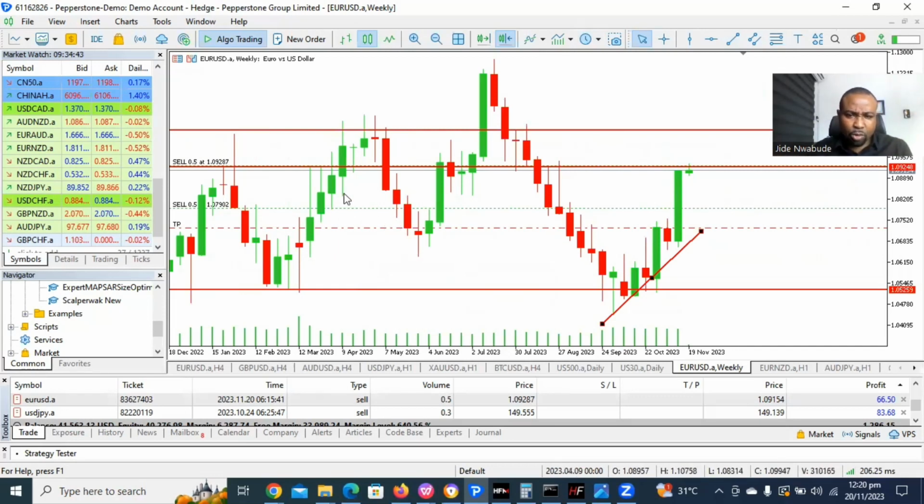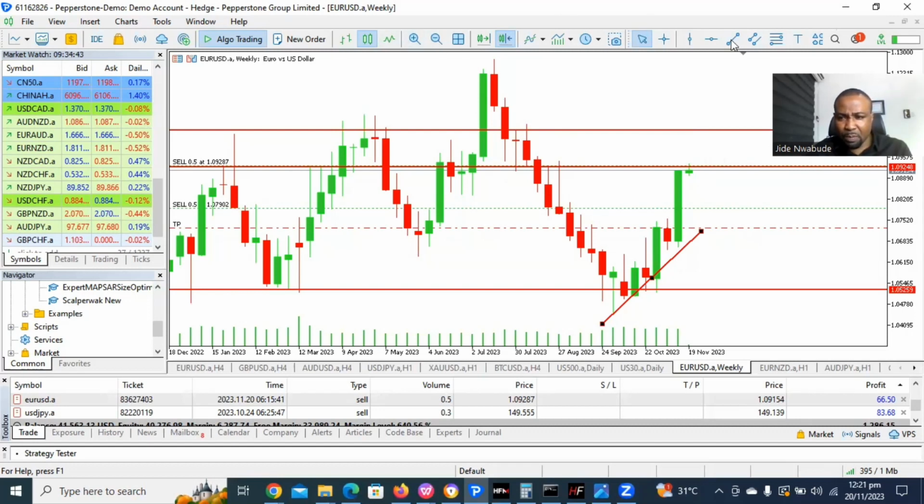Now look at this. You clearly see what we have here is the market is likely going to form a pattern. This pattern is known as the head and shoulder pattern. Yes, this is the head. This is the left shoulder. Now, if price builds up to this point, it will form the right shoulder. So we have a complete head and shoulder pattern. And guess what? What will happen to price? There's going to be a drop to this point, and that's